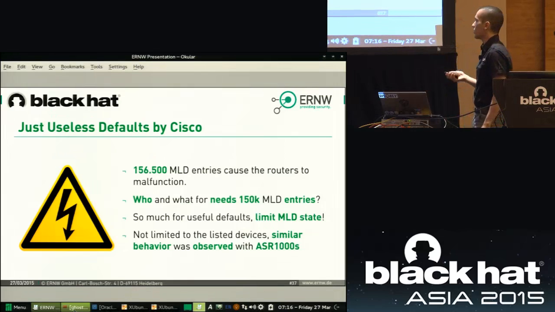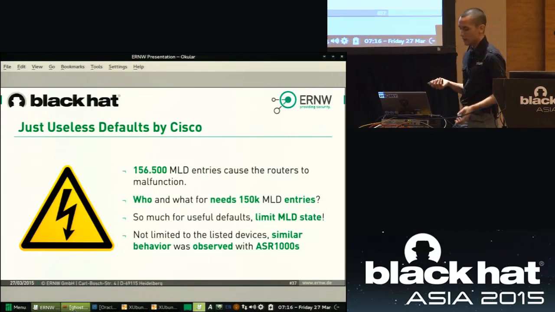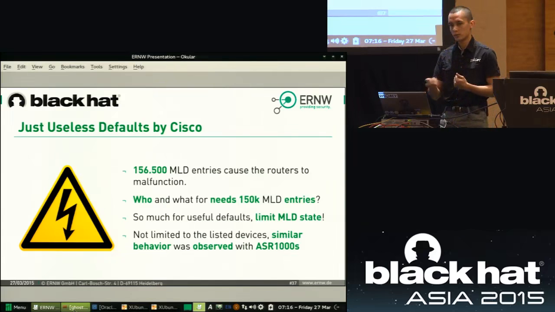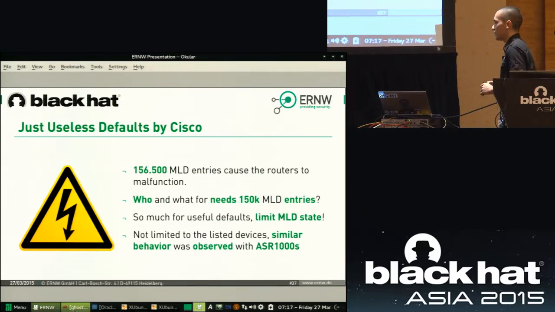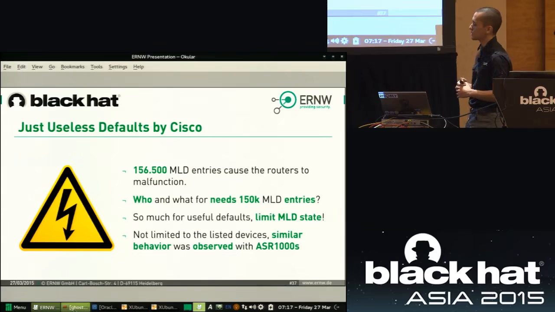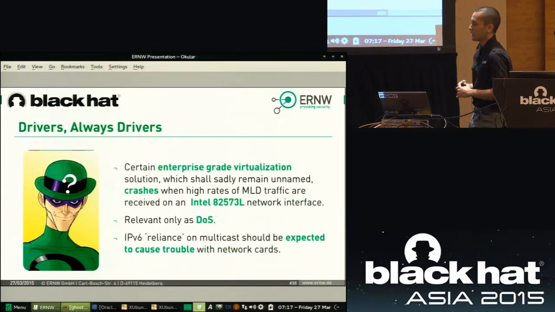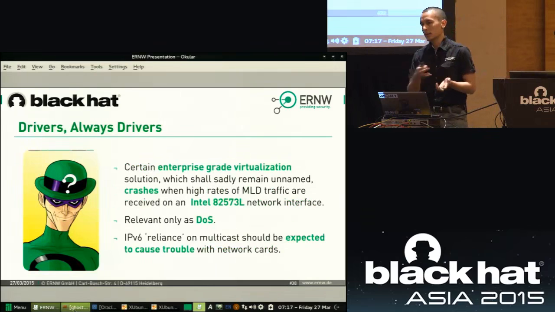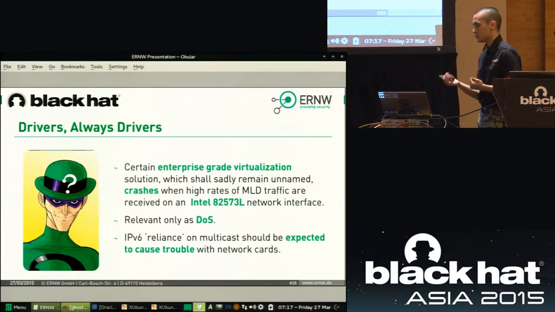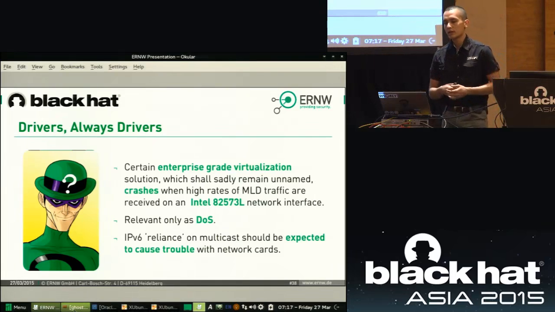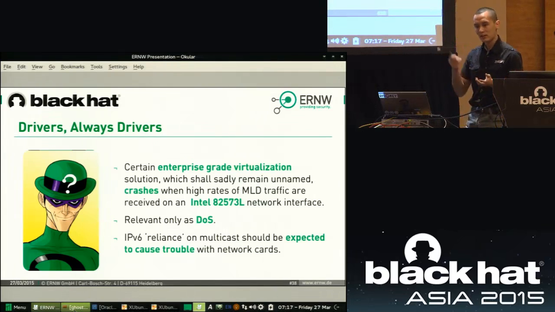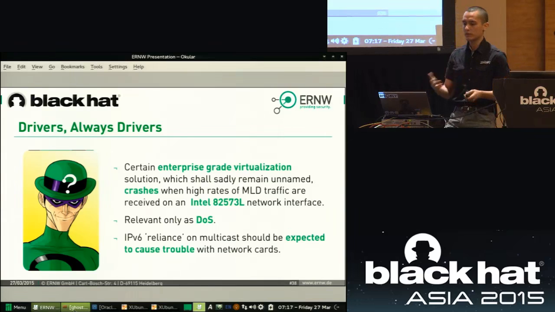So if you want to mitigate this, as we've mentioned, you should use control plane policing on the rate at which the router processes these MLD version 2 reports. But there are not only denial of service attacks against a router or the switch, there are also crashes due to the malfunctioning of network card drivers. So we sadly can't tell you which hypervisor crashes whenever you start playing with MLD on your network.